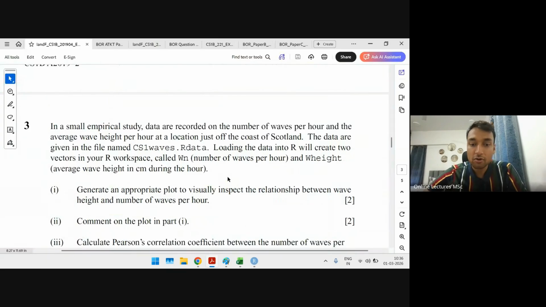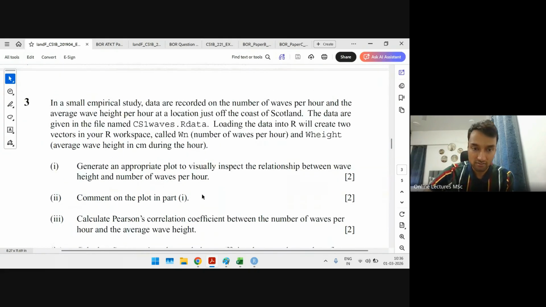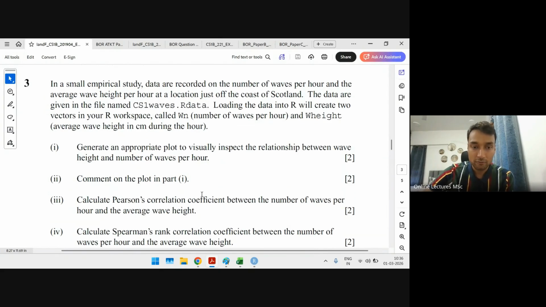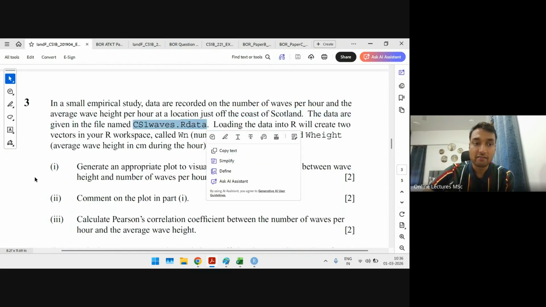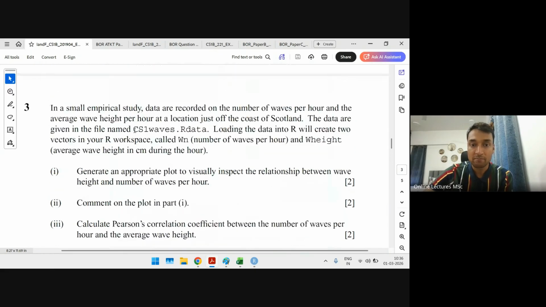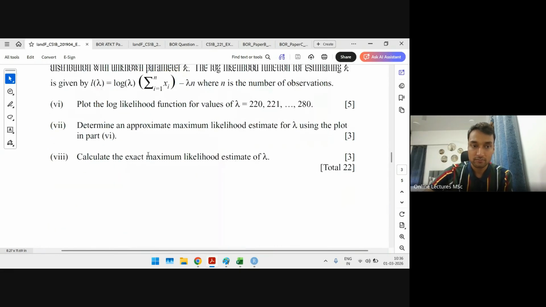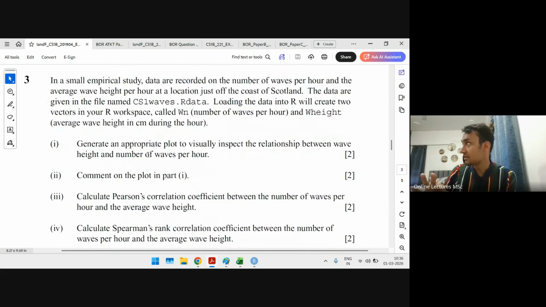Simple. So I think Kaustubh and Riya might have shared some zip file yesterday. So keep that ready in your PC. It has a lot of these CS1 RData files. So whenever we solve all of these questions, we will be required to import the data first using the load function and then try to solve whatever has been asked in the question. So just like you learned how to import CSV files,